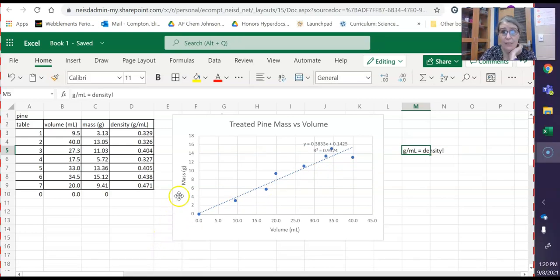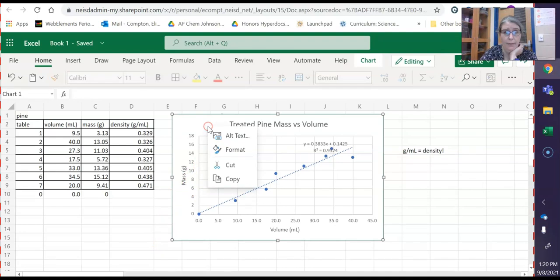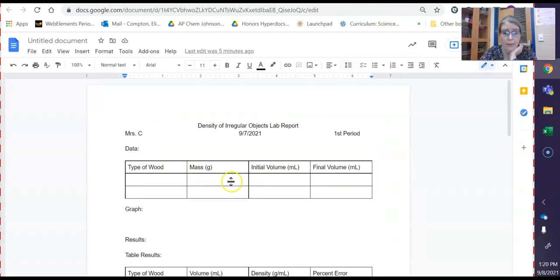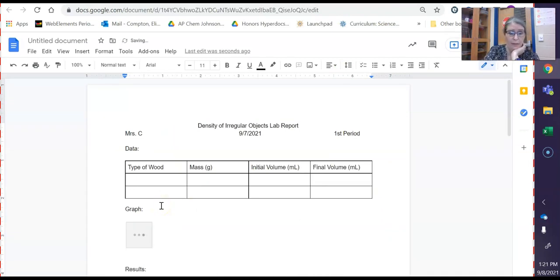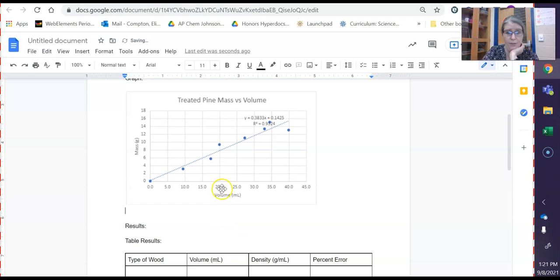To get these graphs into my report, I just click on it, right click and copy, go over to my report, go to the graph section, and I can paste that in. Just use Control V or right click and paste. This is just the treated pine, so I will need to do the same steps